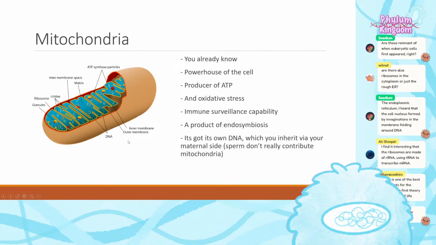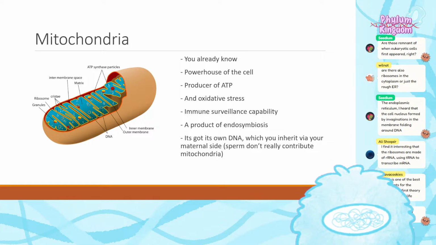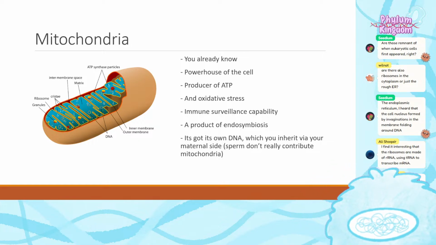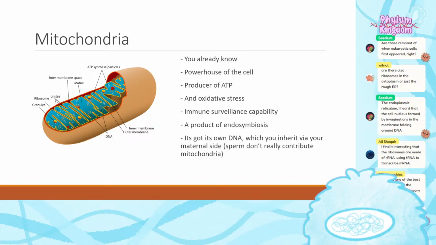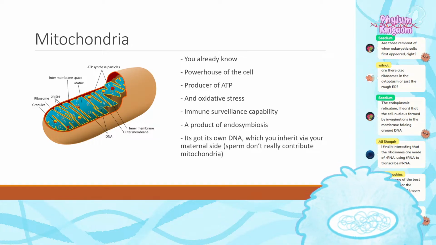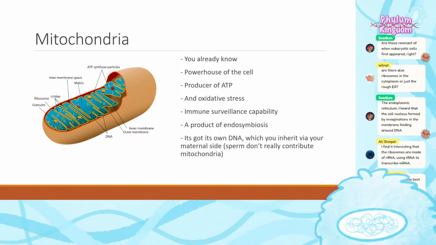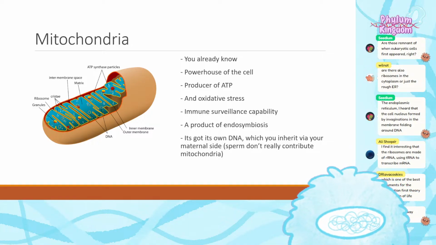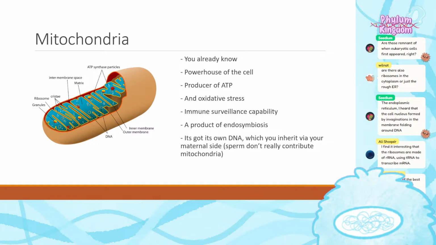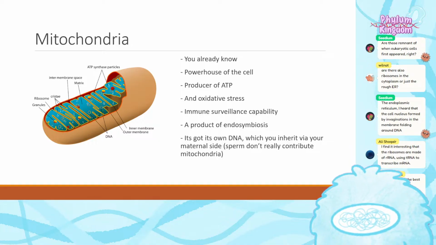All right, mitochondria, you already know what you want to say. It's the powerhouse of the cell. Producer of ATP and oxidative stress, a big reason why people age at all and develop certain conditions is because of the mitochondria. We signed a deal with this ancient bacteria a gajillion years ago where we would house them and they would provide us with tasty energy, right? But this is such an interesting organelle, not only because of its origins, but also because of the myriad of things that it does, right?